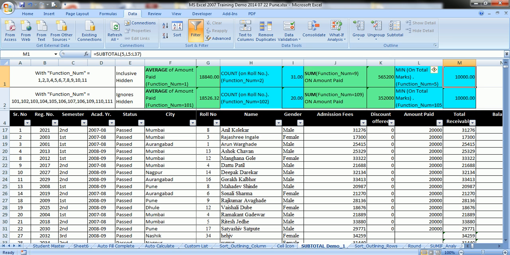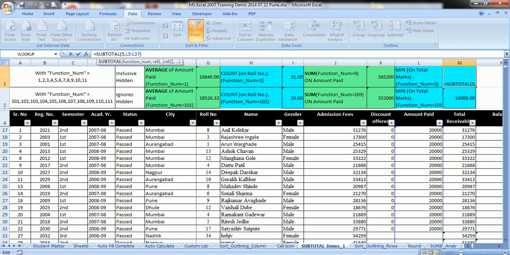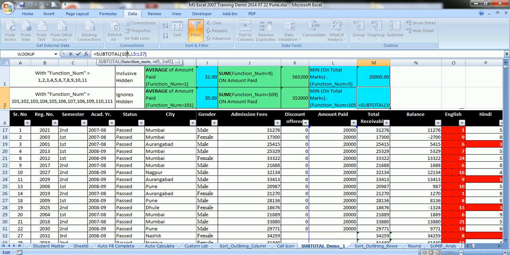If you want to set it for max, what is the function num for max? It is 4. So you have to just change this 5 to 4 and 105 to 104. With this it will give you max.